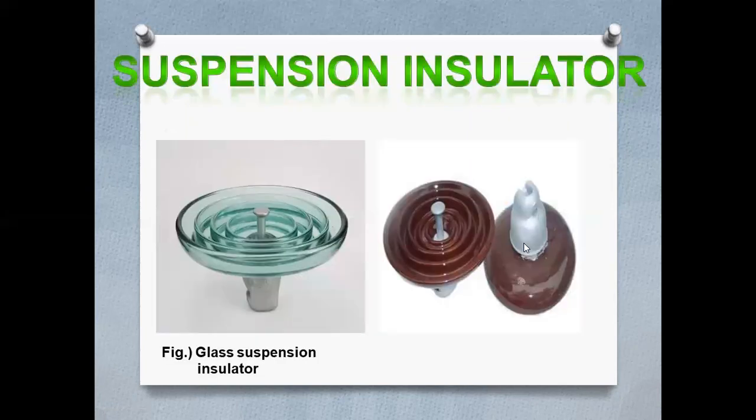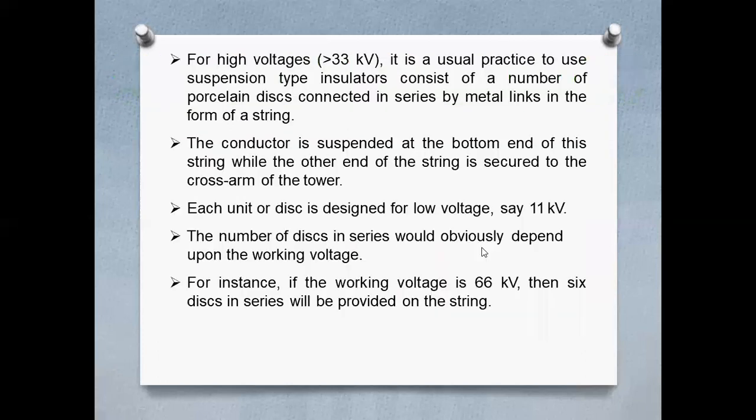Now the second one is the suspension insulator. They are suspended. So this is a glass suspension insulator, made up of glass. This is another type here. For high voltage, I'm going in chronological order only. Up to 33 kV we use pin insulators, and for high voltage, this is the most important. For voltages greater than 33 kV,